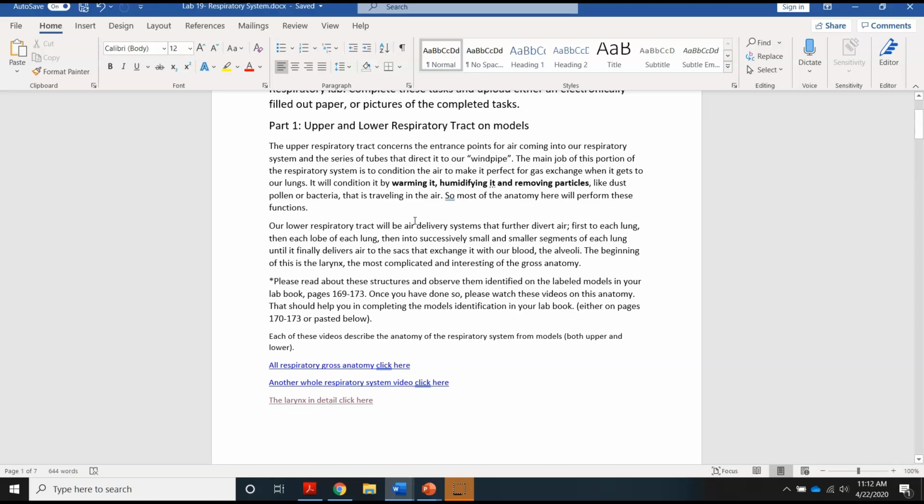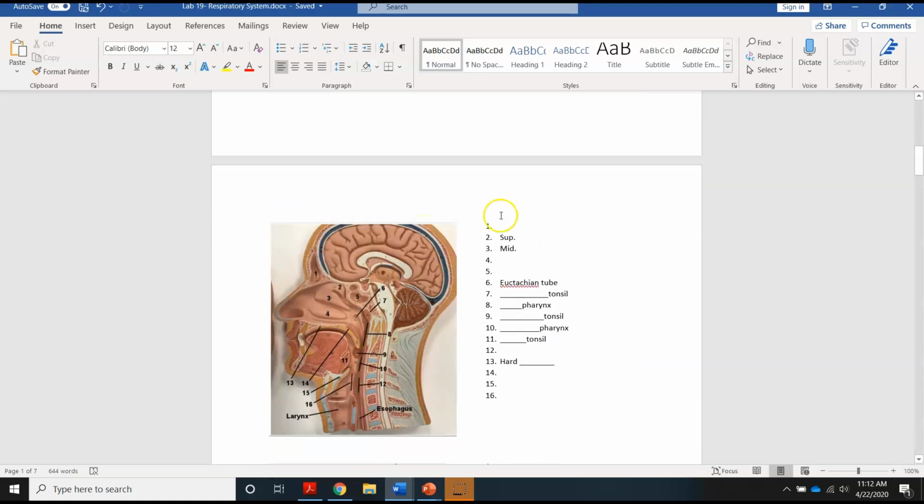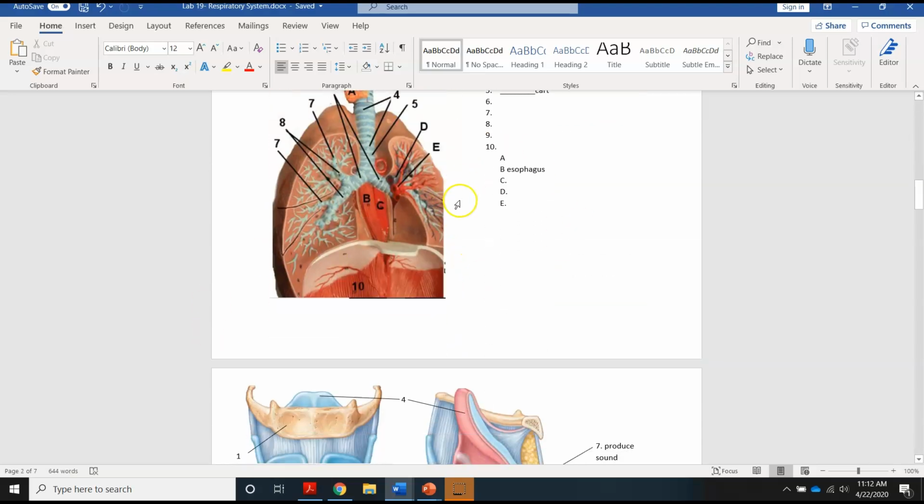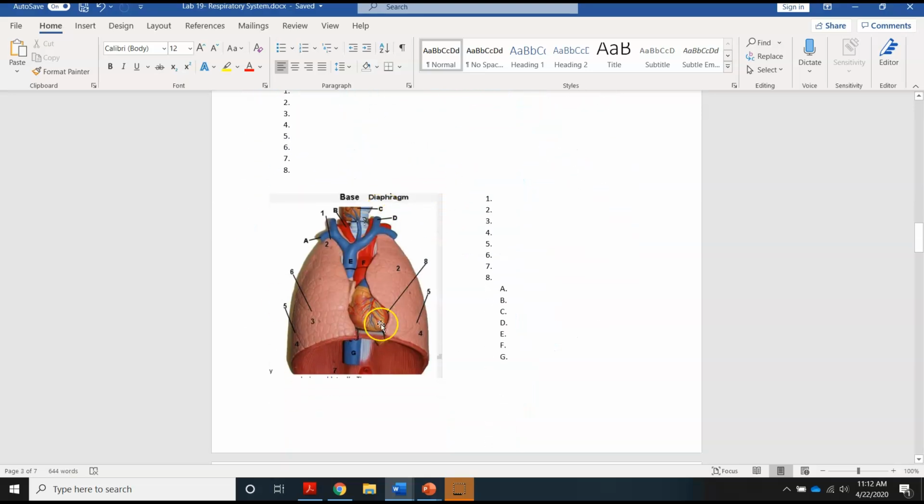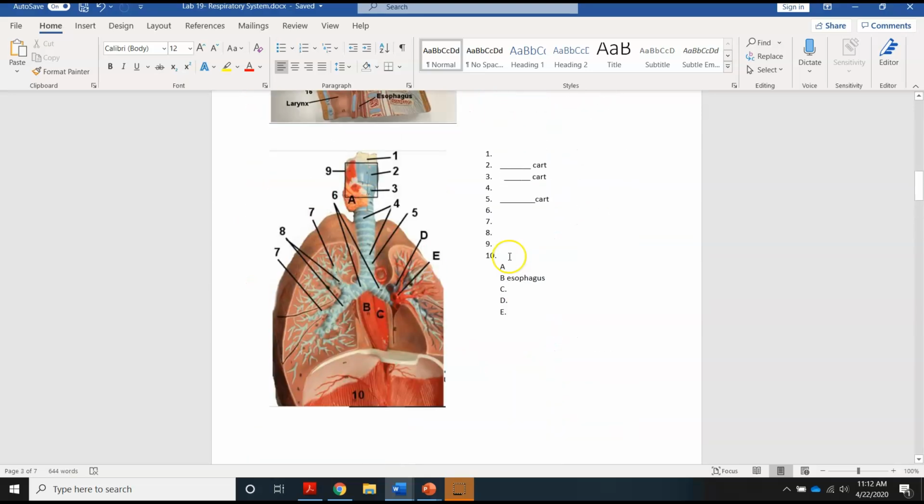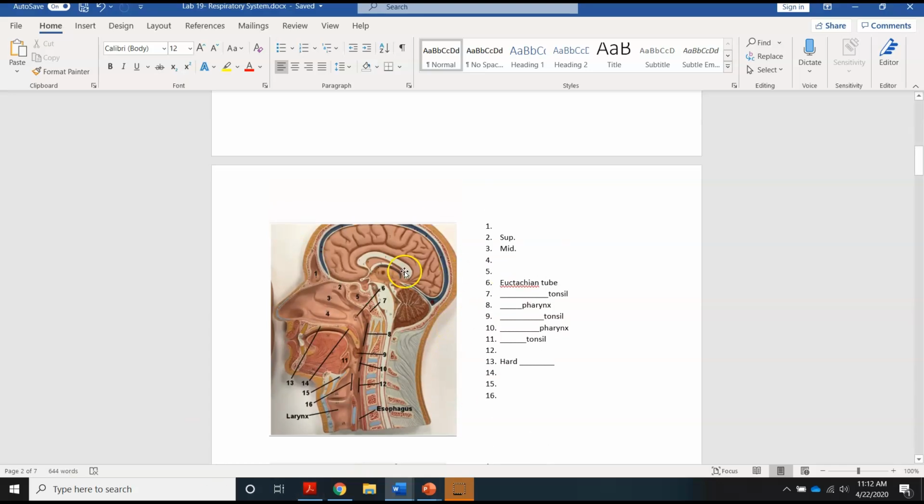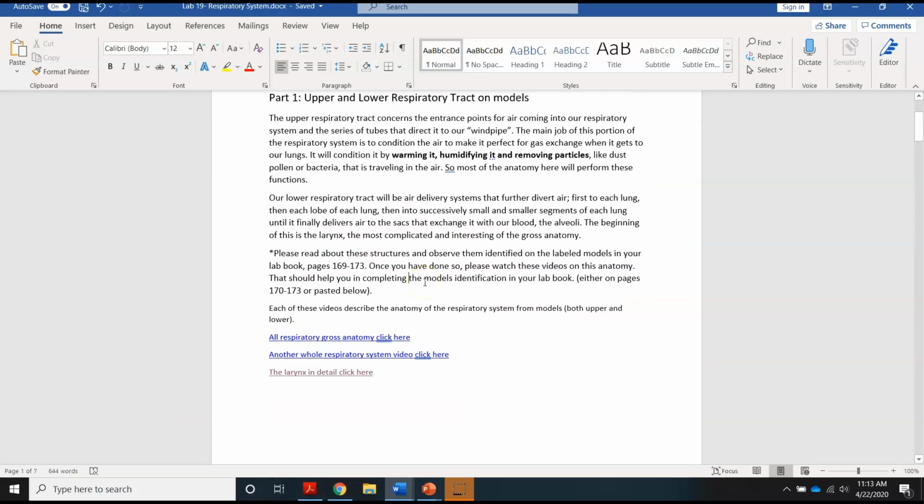From your lab book, there are a number of different models that it's going to ask you to identify. I have copied and pasted them all here, but you can also just use your lab manual if you would like. And I would like you to identify these models. And you're best going to be able to do that